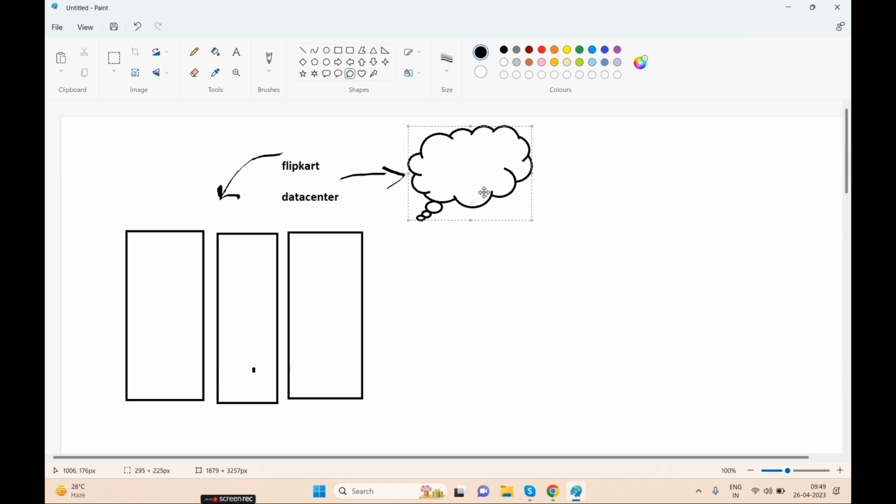They want to migrate everything over to the cloud. They don't want to maintain these physical data centers. So how can they do it? One option is they can create the resources over here, and with the help of the internet, they can transfer the data.